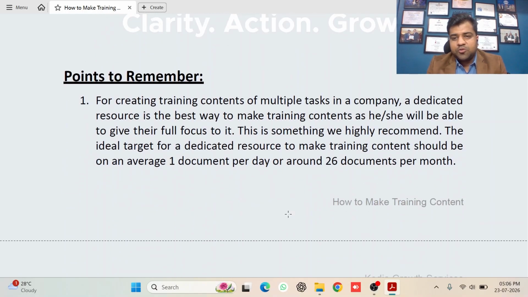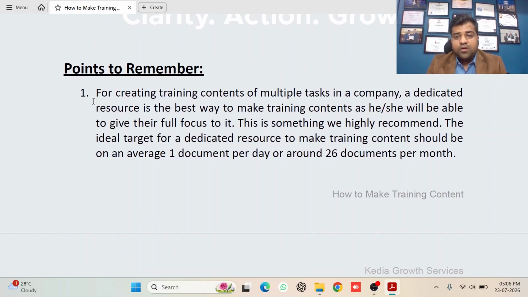Now, there are some points that you should remember while creating training content for multiple tasks in the company. Ideally, a dedicated resource is the best way to make training content, as he or she will be able to give their full focus to it. This is something we highly recommend, and the ideal target for a dedicated resource to make the training content should be on an average one document per day. So around 25, 26, 27 documents per month is the right number of training contents that we can expect from